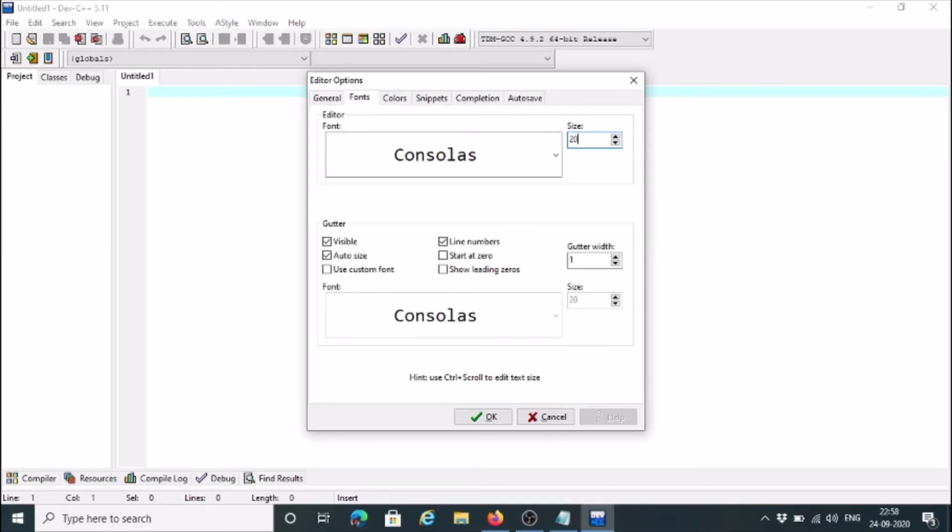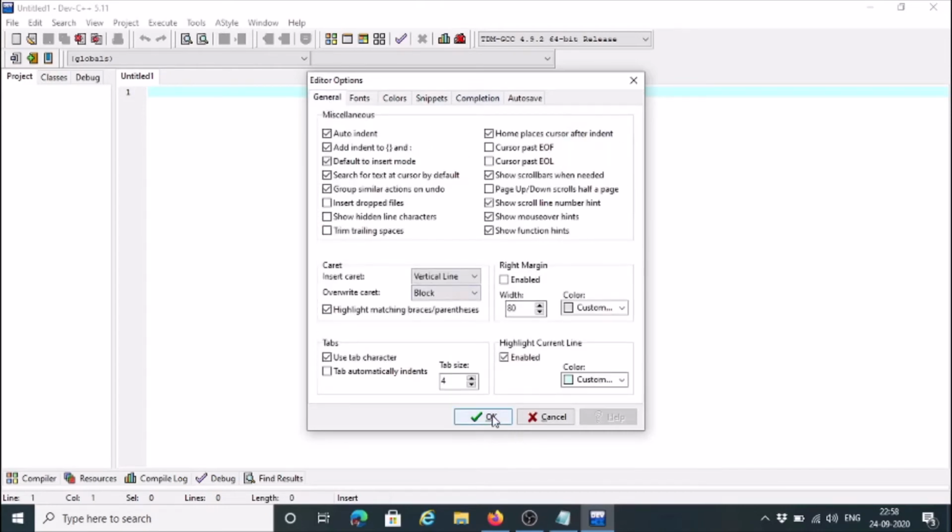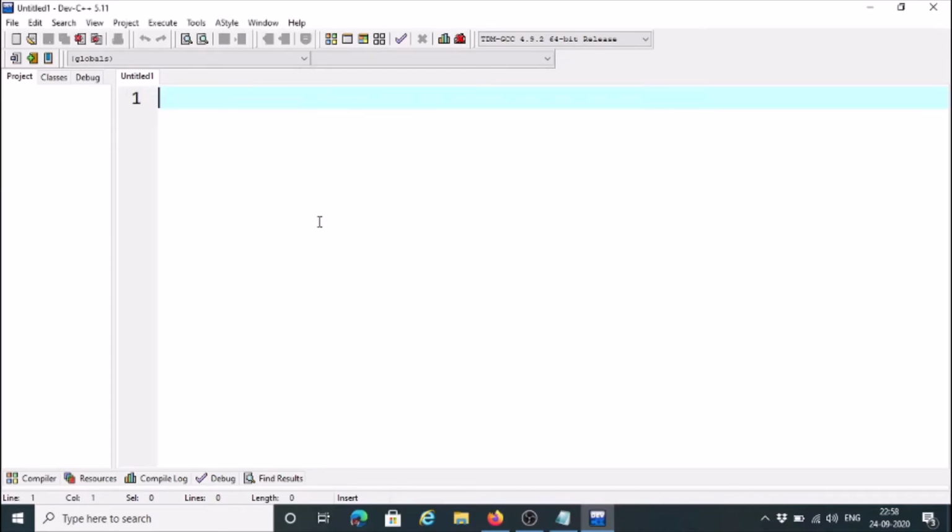to say 20 so that everything is visible to you, and you can go through various other options like indentations, etc., and choose their default values or change them as per your needs. Now let us write a default sample program which runs and shows you how this program works. Now first instruction is hash include stdio.h